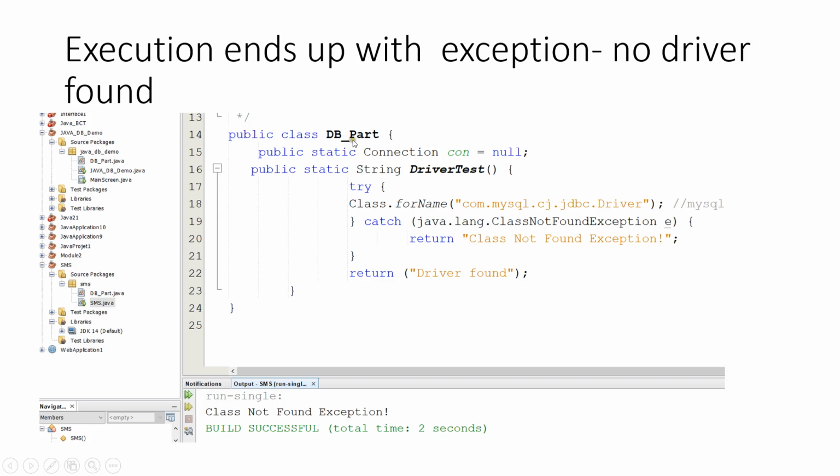it starts executing DB part, which is called from the main program. As it's a brand new project, the driver is not yet added, so it returns the string class not found here, which is the result of the exception. The driver class is not there, so it returns the error message. Now